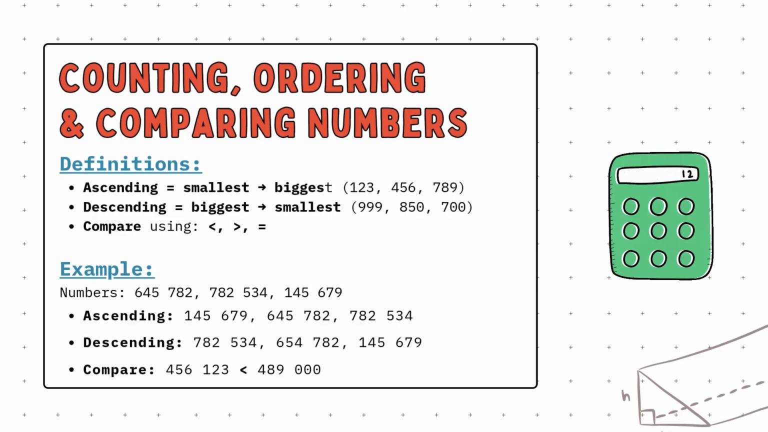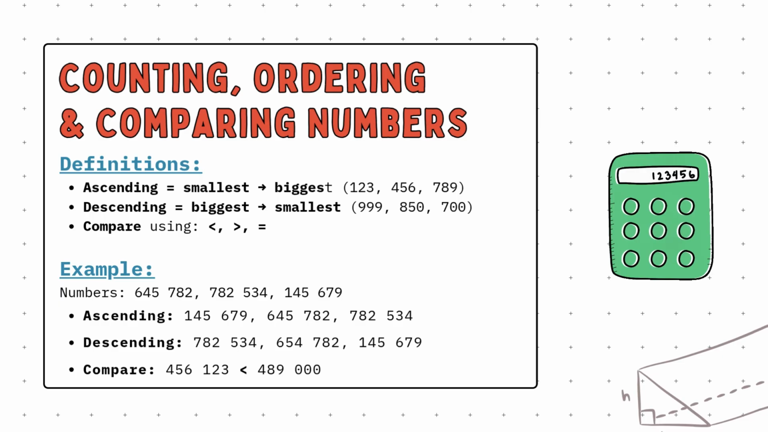If the numbers have the same number of digits, we compare the digits from left to right until we find the first place where the digits are different. The number with the biggest digit is the greatest number. When we order numbers, we either place them from smallest to biggest, which we call ascending